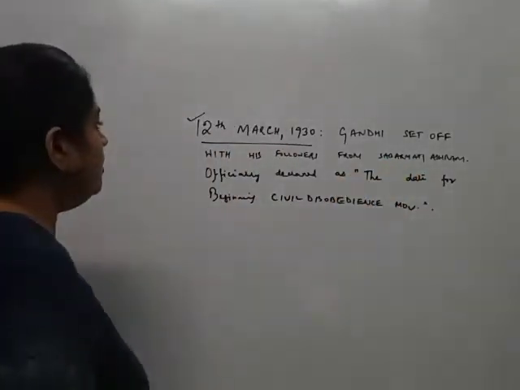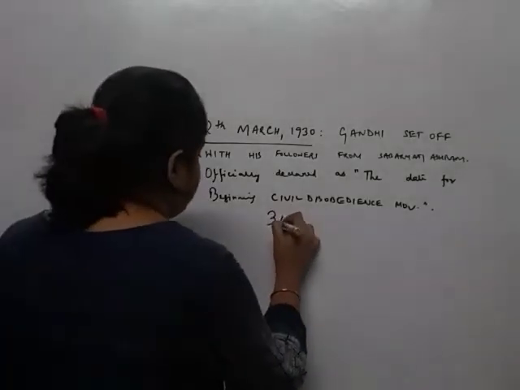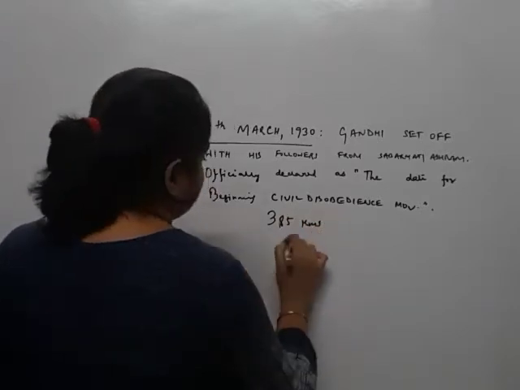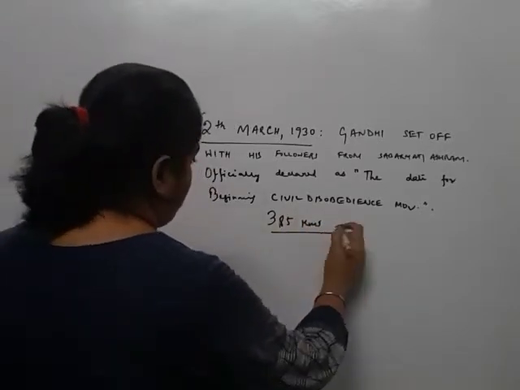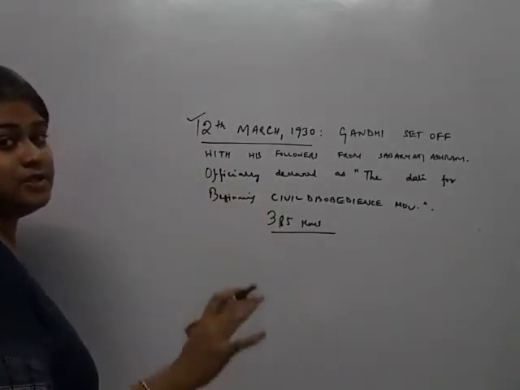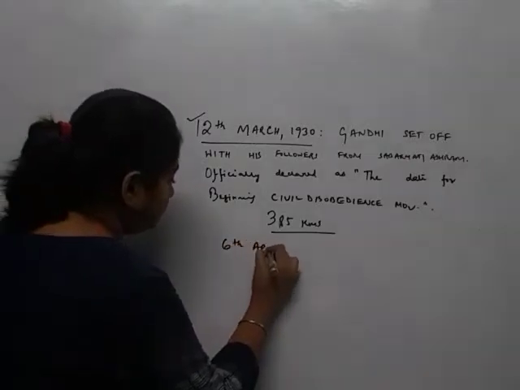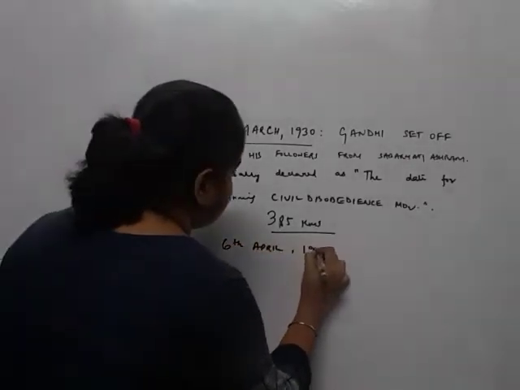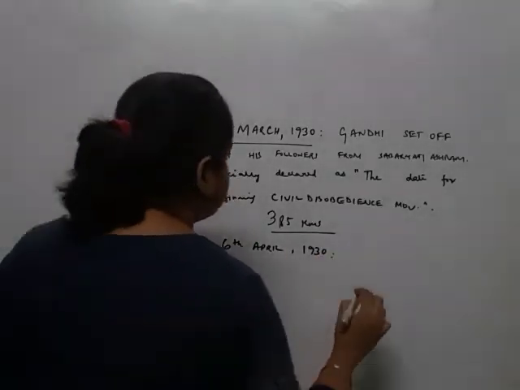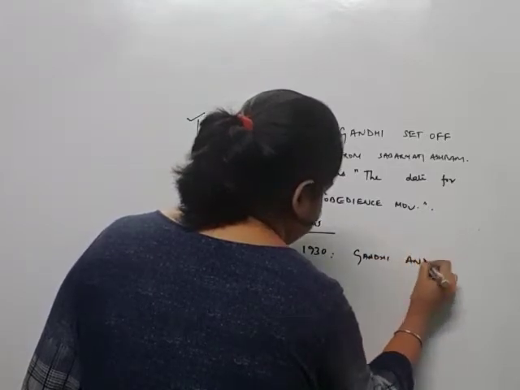So after completing 385 kilometers of walking, Gandhi and his followers were ultimately able to reach the Dandi coast on 6th of April 1930. Okay, 6th of April 1930, Gandhi and his followers